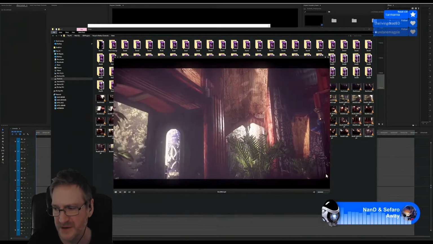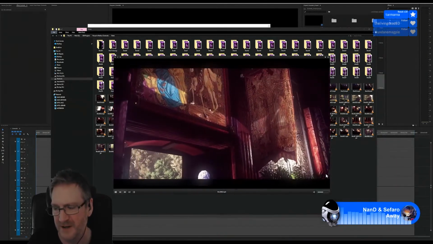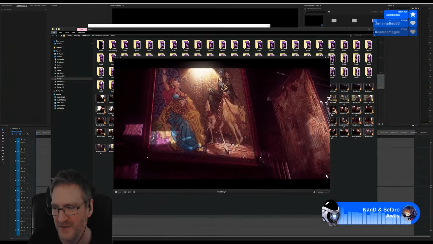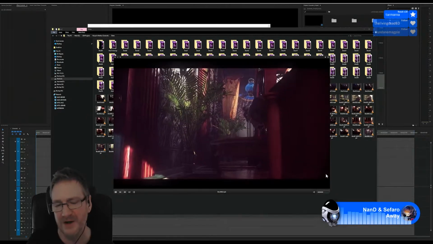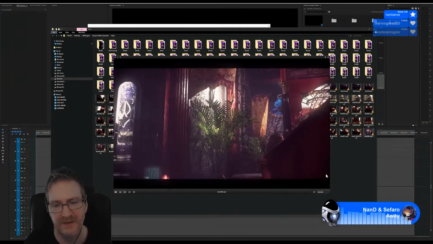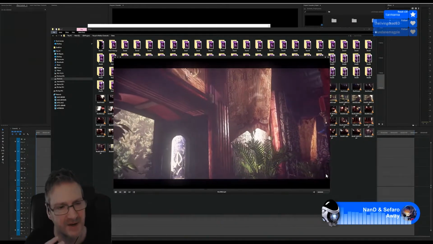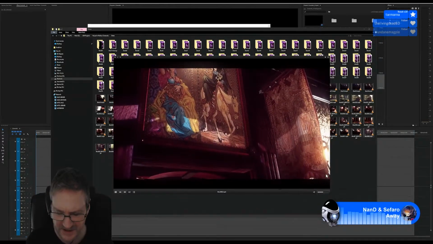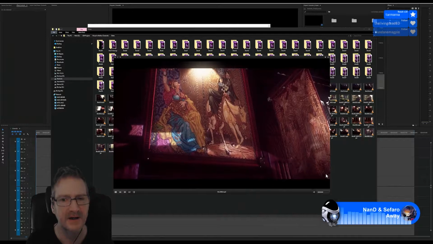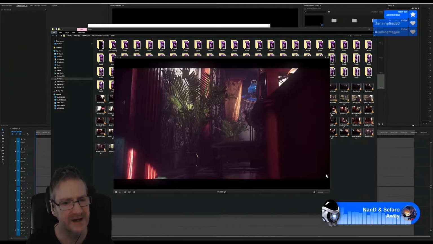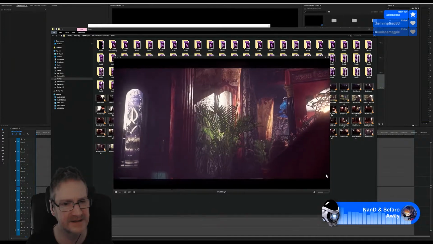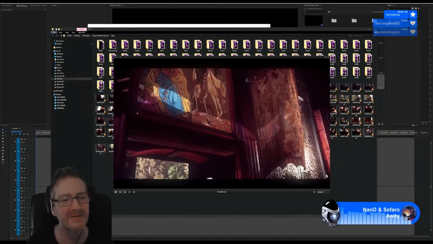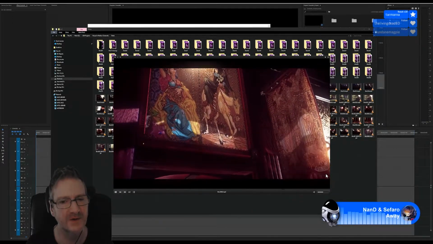TJ says, I use Photoshop to create textures for my models, but I just can't seem to get better. I'm going to try to get better at creating more realistic textures. Photoshop is a great program to use for texturing. If you've got Photoshop and you don't want to spend money on another third-party program, you can do your texturing in Photoshop. That's not a problem. It's just that programs like Substance Painter really help speed up your workflow and make physically based materials for physically based rendering much quicker and easier, because that's what it was designed for.